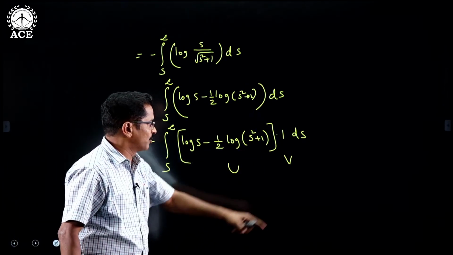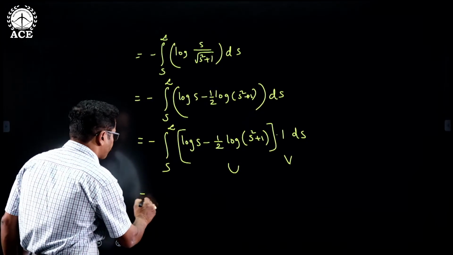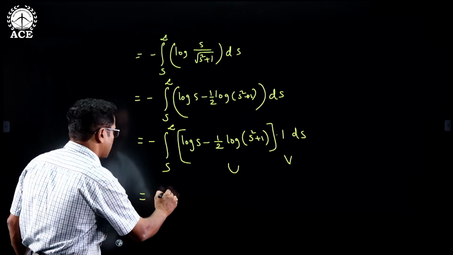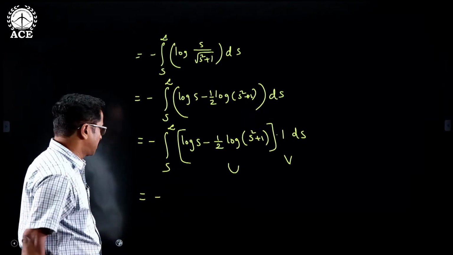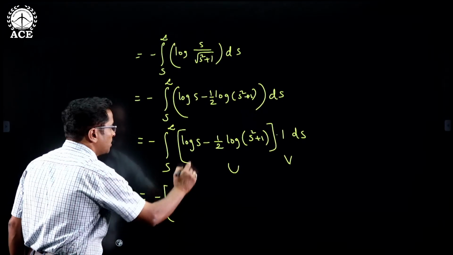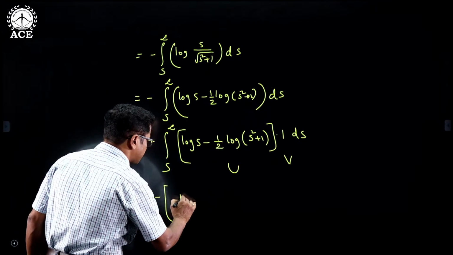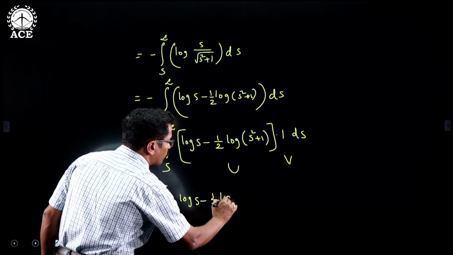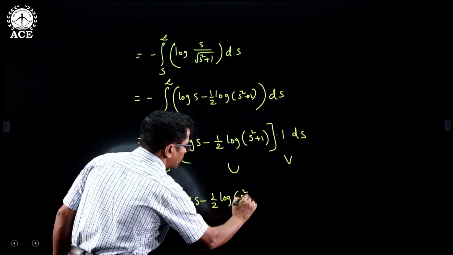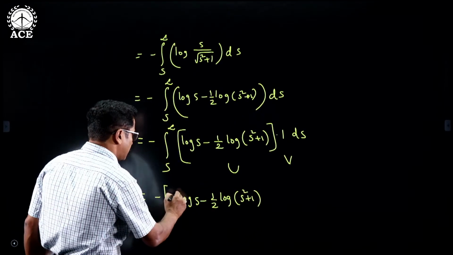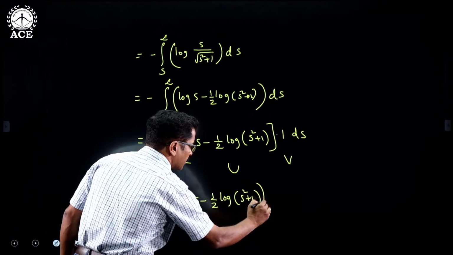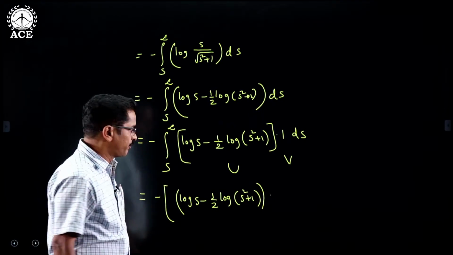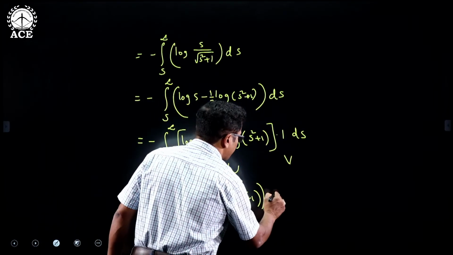In the place of v I am taking 1. So which is equals to uv minus integration of v du. U means this total, log s minus 1 by 2 log of s square plus 1, into integration of v dx, that is 1 ds, that is s,